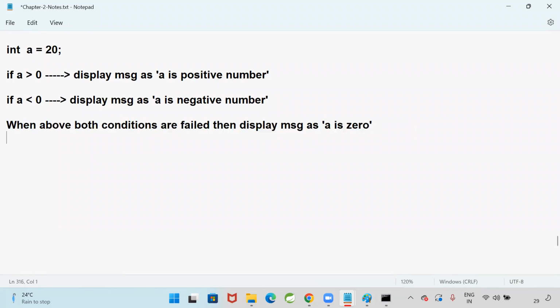For this, the syntax is like this. That is, if, else, if, ladder. We need to go for if, else, if, ladder. If, now I am going to check condition 1. I'm going to check if condition 1. If a condition is satisfied,